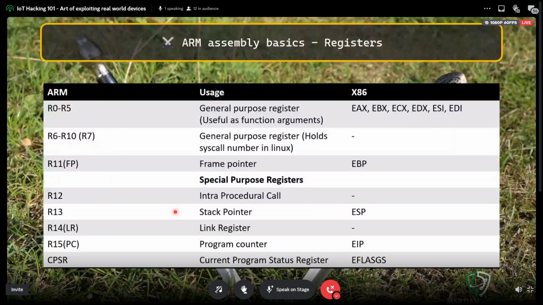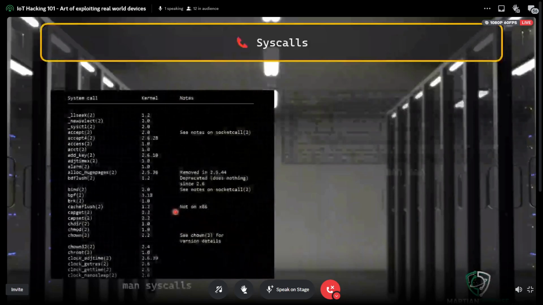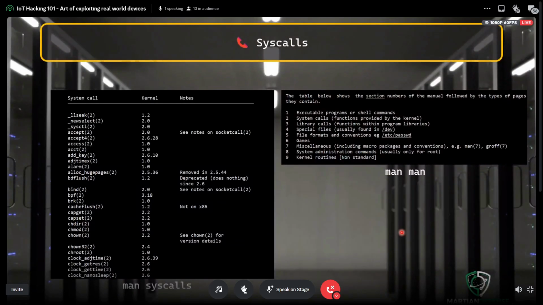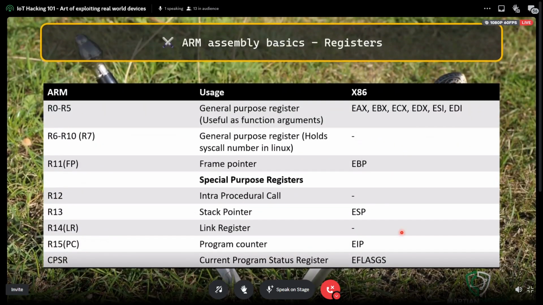There are general purpose registers. R0 to R5 are general purpose registers used as the function arguments. So when you set up something in a C program, you're passing function arguments for the syscall, like domain, type, protocol, etc. When you're passing these function arguments, you use the general purpose registers, which are provided in series from R0 to R7.